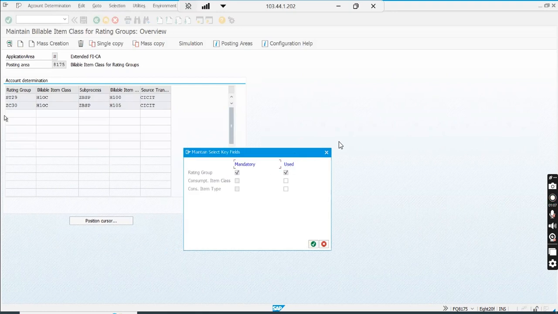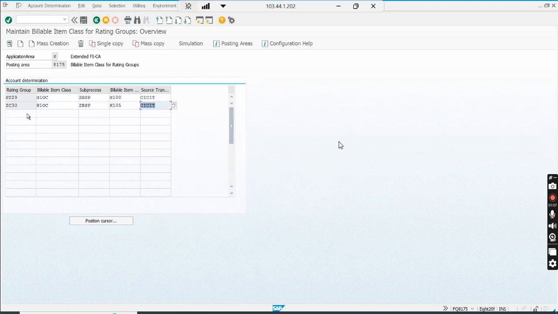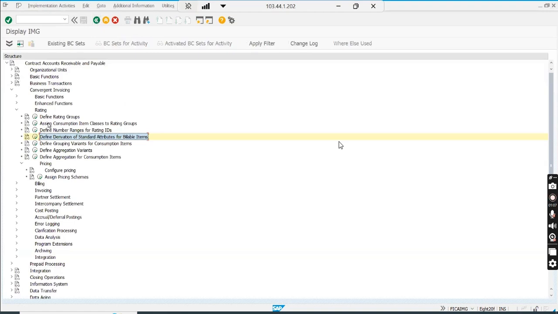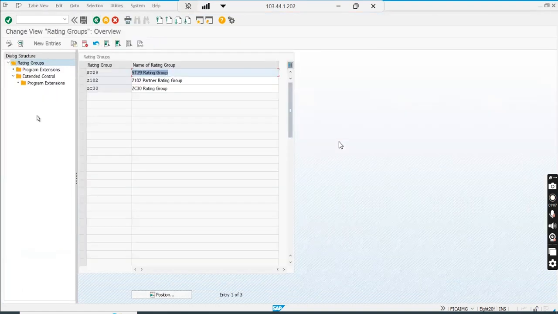So we can add already in the rating group. I have already added the seed class in the previous node. That's why the seed class is unchecked here. What am I talking about? Let me show you. Here I can assign the rating group with the bit class. Then where do I assign the seed class? If you go back to the rating group,